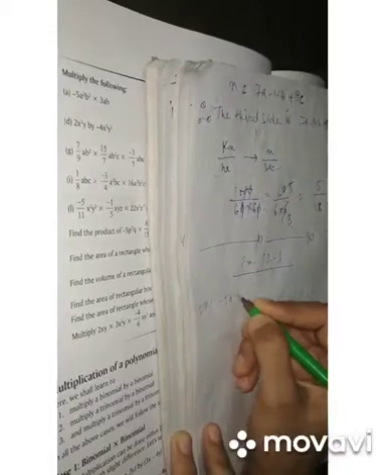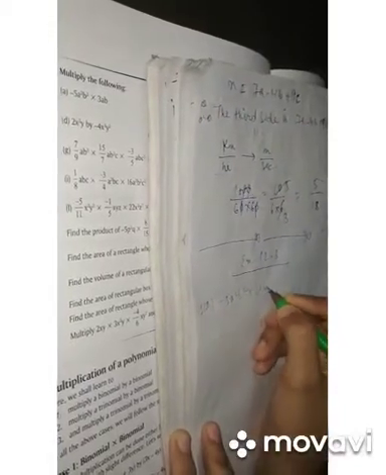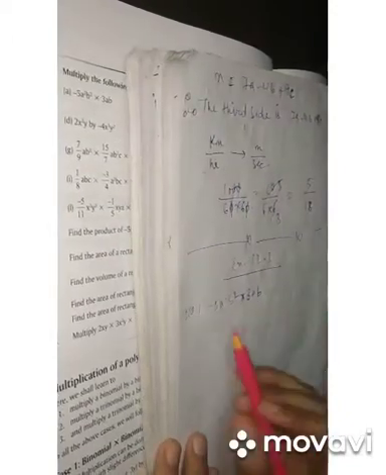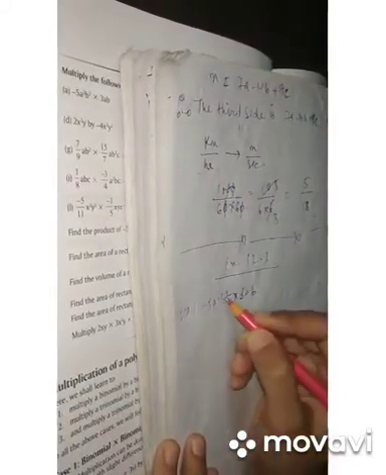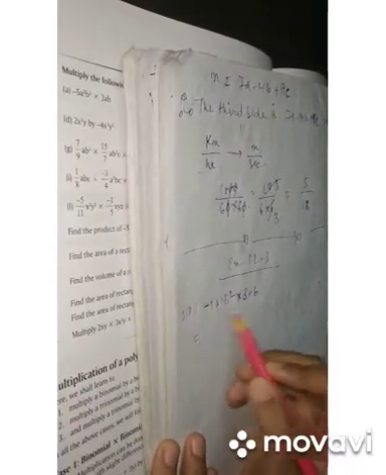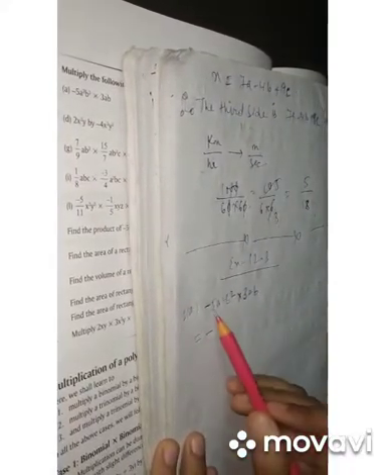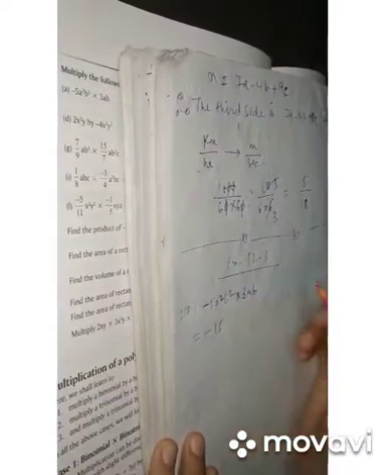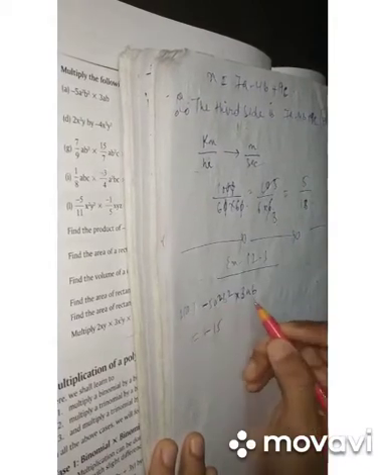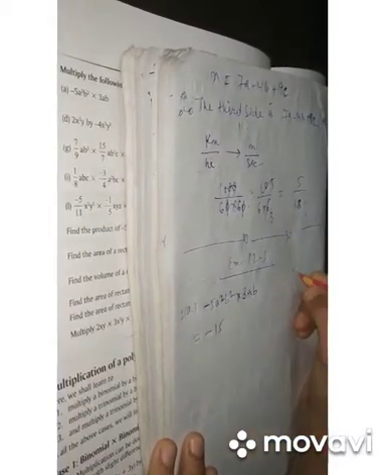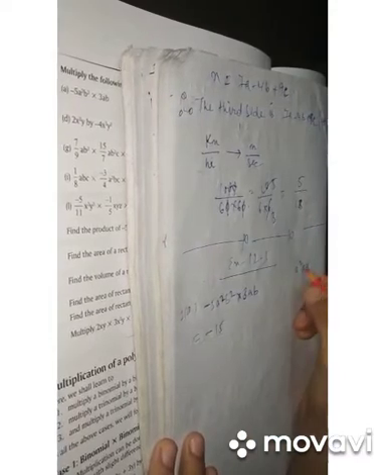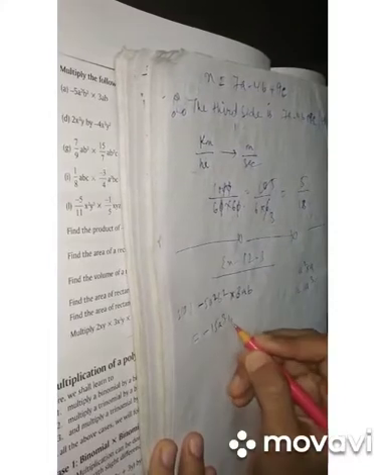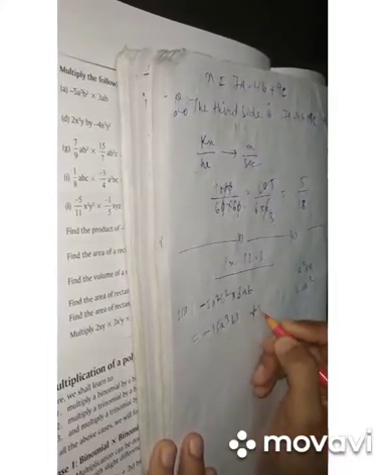Minus 5a square b square into 3ab. We simply have to multiply the numbers and the variables. So it will be minus, plus minus minus, there will be minus sign, then 5 3s are 15, a square into a. Here it is a square and we have to multiply a. So it will be a square into a, the power will be added, 2 plus 1, so a cube. Now b square b, it will similarly be b cube. This will be our answer.